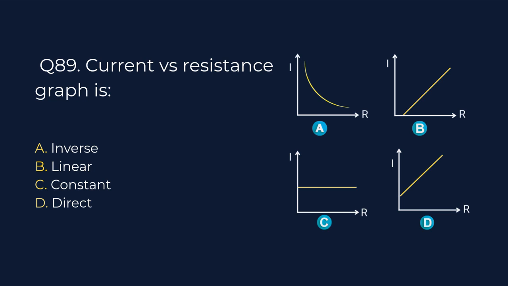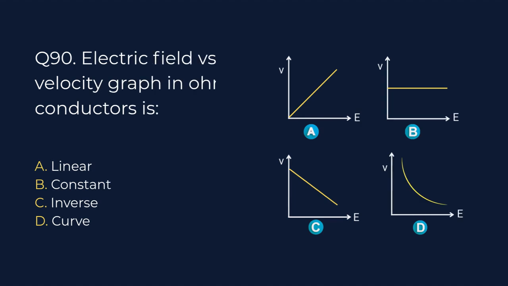Current versus resistance graph is option A inverse, option B linear, option C constant, option D direct. Question 90. Electric field versus drift velocity graph is option A linear, option B constant, option C inverse, option D